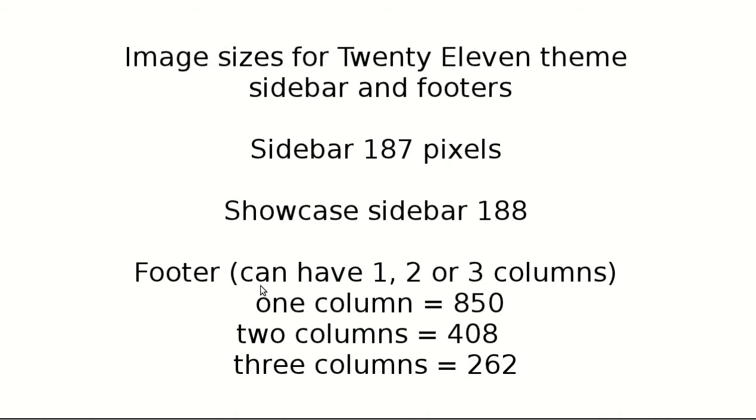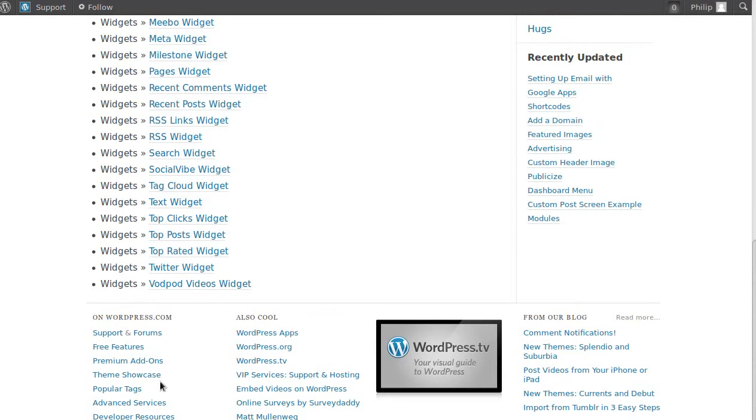The footers, you can have a 1 column, 2 column or 3 column footer to your web page. A footer, if you look down the bottom here, these are footers. On the theme we're using, there's only 3 columns, not 4. So we could have 3 columns, 2 columns, or 1 wide column at the bottom. And if you put things into the footer area